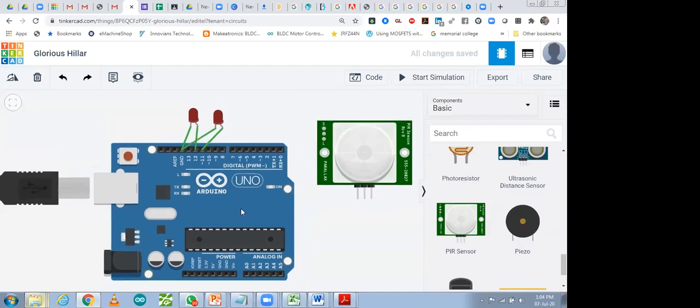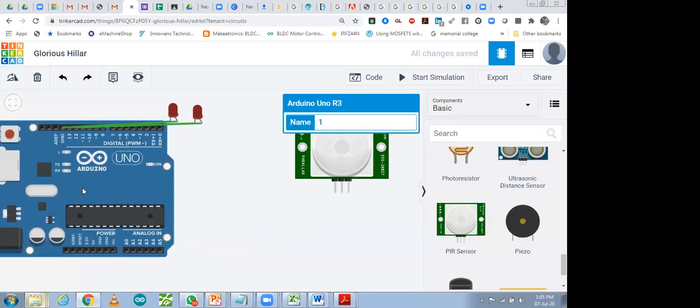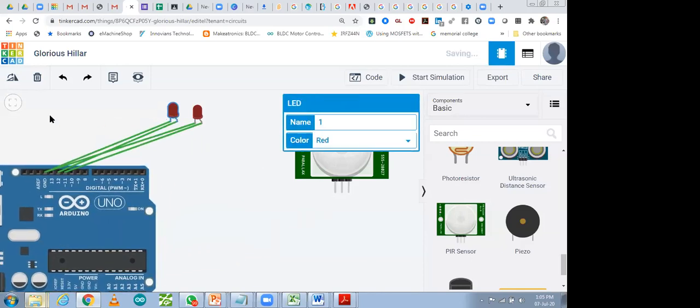Okay. Now for connecting the sensor, there are 3 terminals: power, signal and ground. This one is a PIR sensor, passive infrared sensor. It is used for detecting human beings or any living being. It detects human body heat as well as motion. If both are there, then it will detect it and give signal high, that is 1, and otherwise 0. So you can see how it is working separately. Let me show you how it is working.